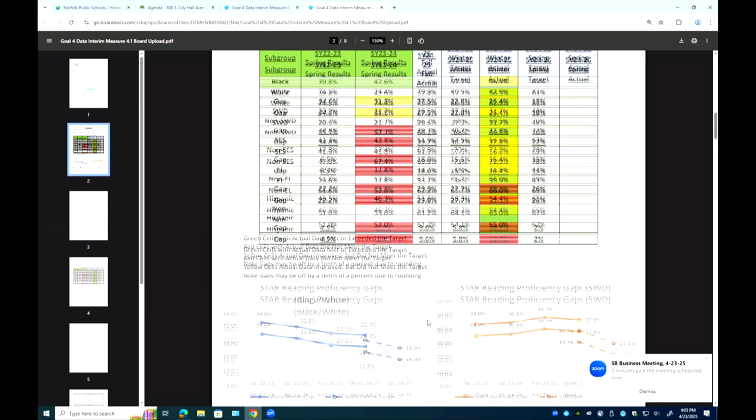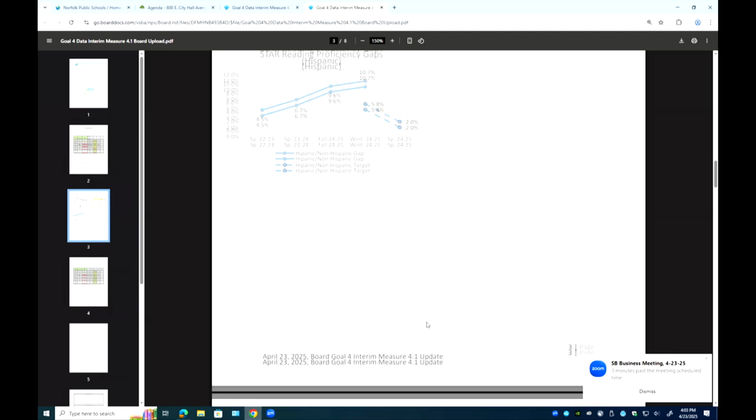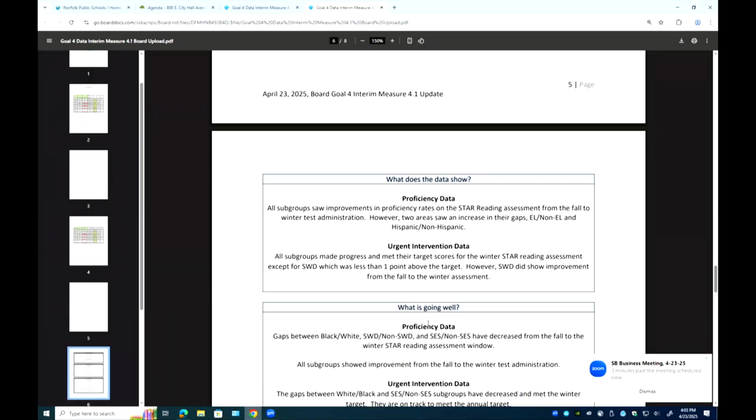So what does the data show? When we're looking at the proficiency part of the data, all subgroups saw improvements in proficiency rate on the STAR reading assessment from the fall to winter test administration. However, two areas saw an increase in their gaps, our EL versus non-EL and our Hispanic versus non-Hispanic. For the urgent intervention data, all subgroups made progress and met their target scores for the winter STAR reading assessment,